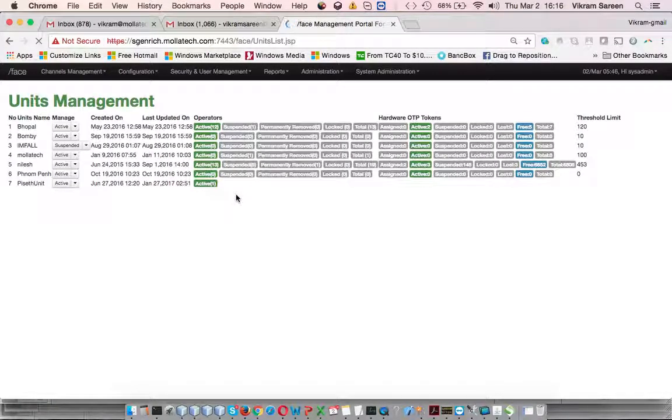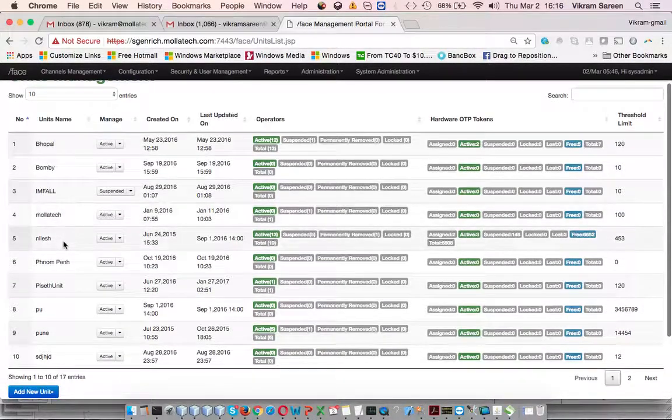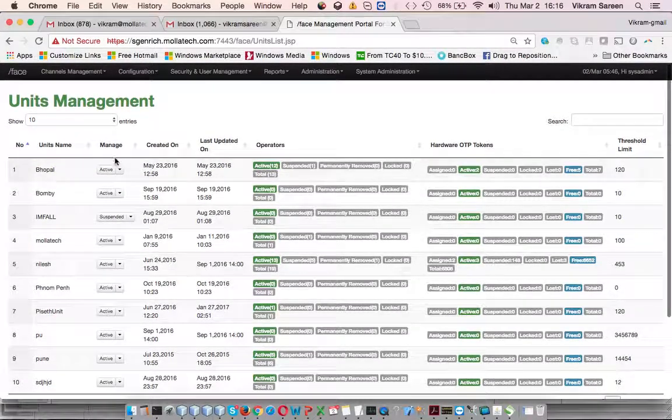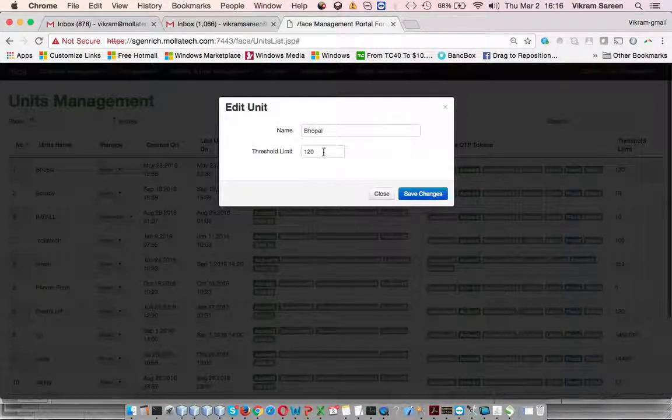Essentially units, as I explained, are something which you can define. So it could be, let's say, a country or a company or a unit or a branch, so you can specify that over here. Again, quite straightforward. You can set it active, inactive. If you want to edit details, you can. Over here you can change the name, or you can change the threshold. So this threshold is for the number of